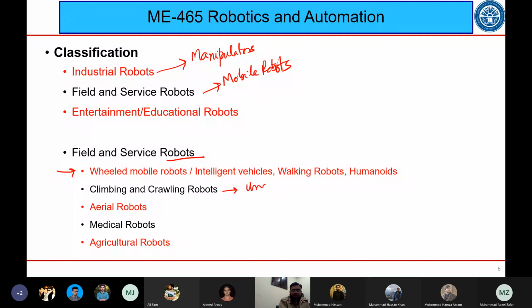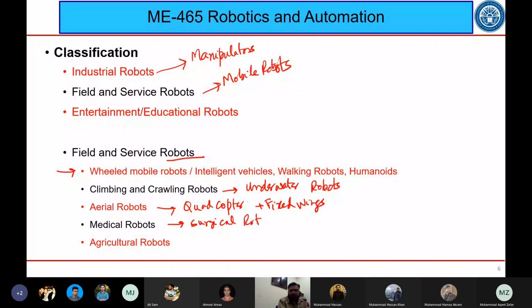लेट्स सी, इसके अंदर हमने अंडर वाटर रोबोट्स की बात की थी, इसकी एक वीडियो भी मैंने आपको कल दिखाई थी। सो यहाँ पे देन एरियल रोबोट्स हैं जिसमें आपको हम कहते हैं कि ये जो क्वाडकॉप्टर्स वगैरह हैं, दीज कम इन, इसमें फिक्स्ड विंग भी आ जाते हैं। देन मेडिकल रोबोट हैं जो कि सर्जिकल रोबोट्स हैं। देन एग्रीकल्चर रोबोट्स हैं, आपके पास सीडिंग मशीन्स हैं, आपके पास हार्वेस्टर्स हैं।